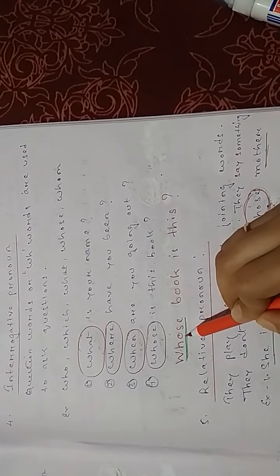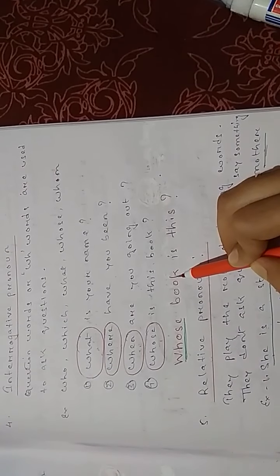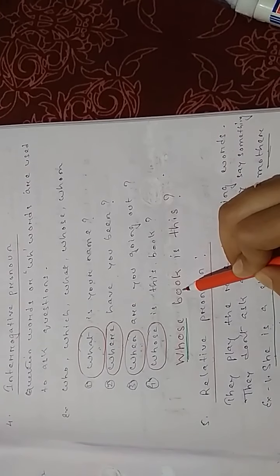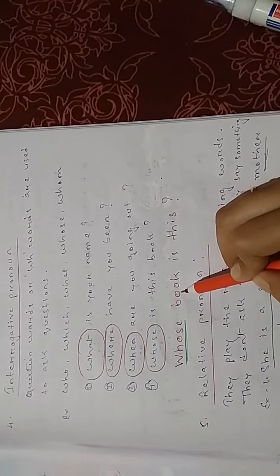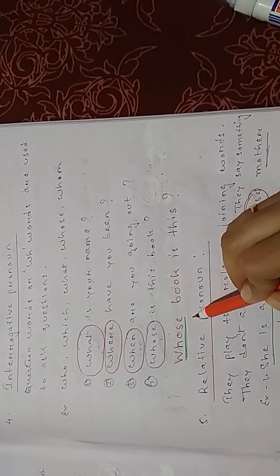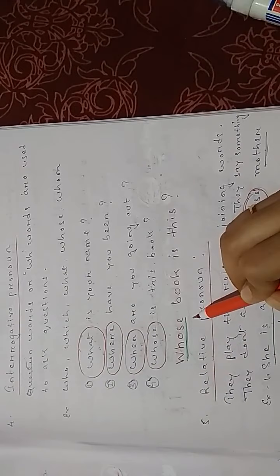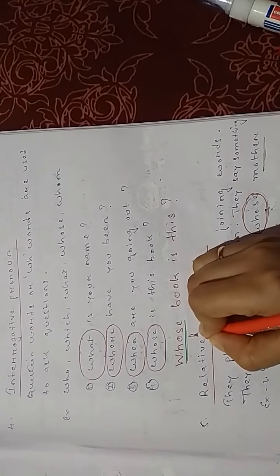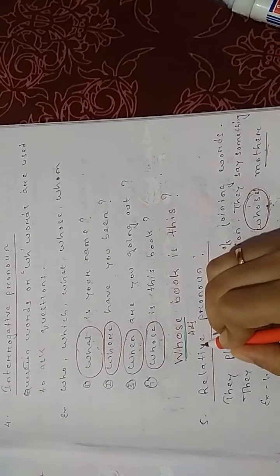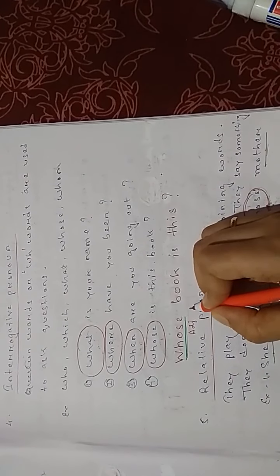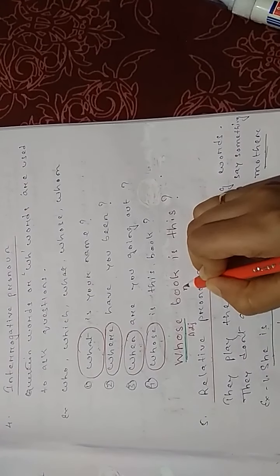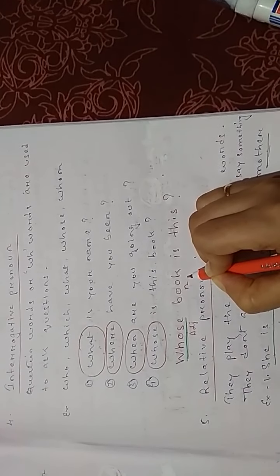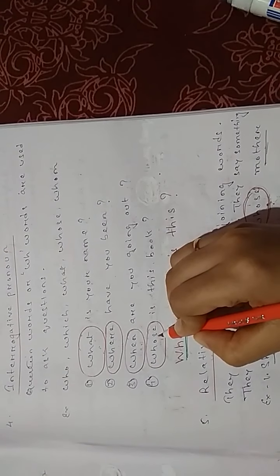This word is sitting with the noun. And what have we learned in our last class? Do pronouns sit with noun? No. Who sits with noun? Adjective. So if I write a sentence, whose book is this? Here whose will be interrogative adjective and not interrogative pronoun. Because whose is sitting with the noun book, and adjective and noun are best friends. They always sit together. On the other hand, look at this word whose.